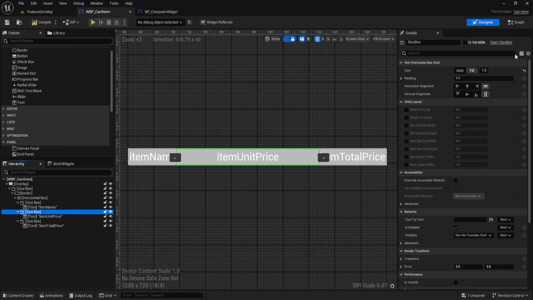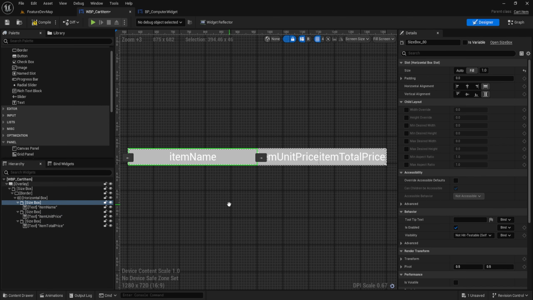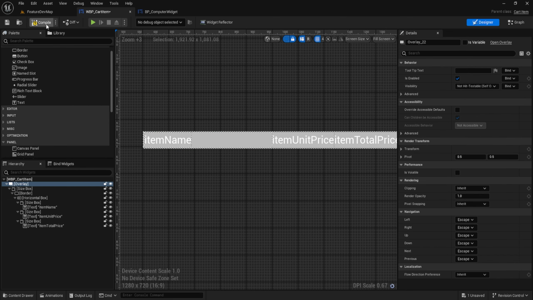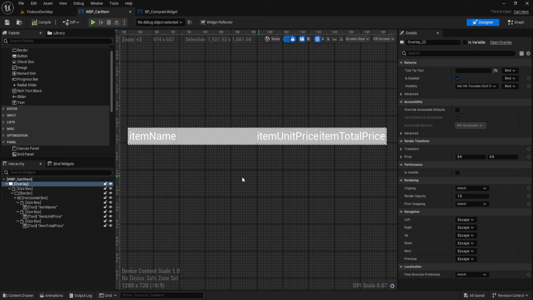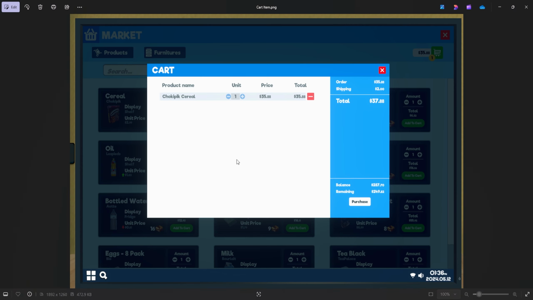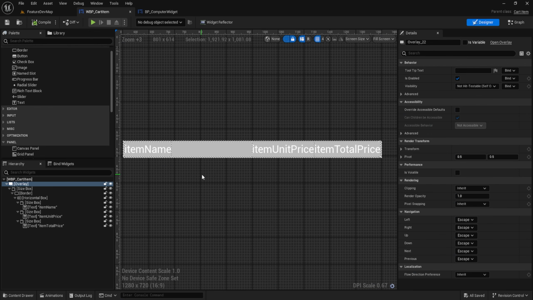Actually, let's remove fill for these. Let's add fill for the item name and justify it to the right. This is going to be aligned properly once we add all items, which we have one more button and increment, decrement, and the unit button,